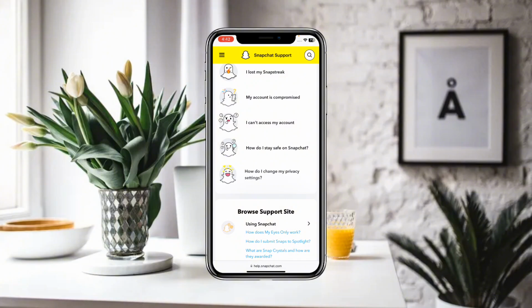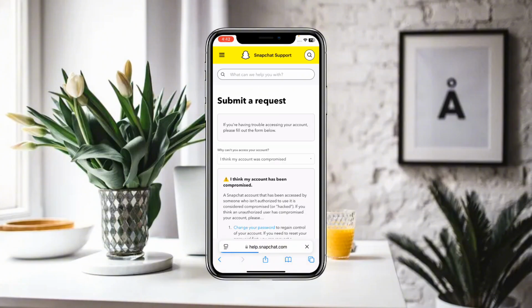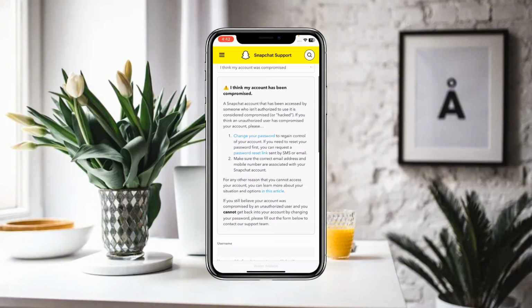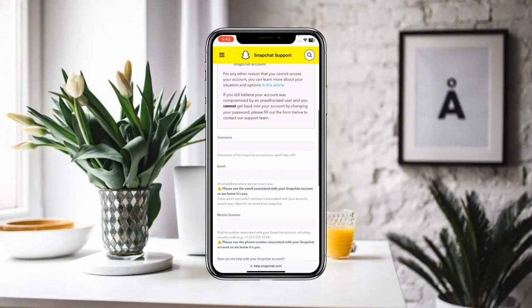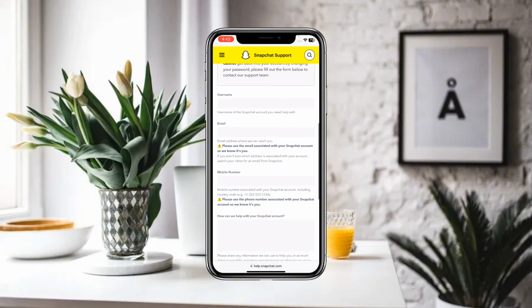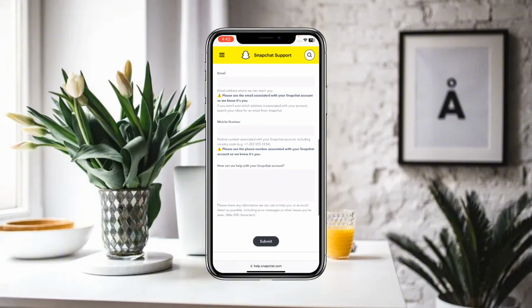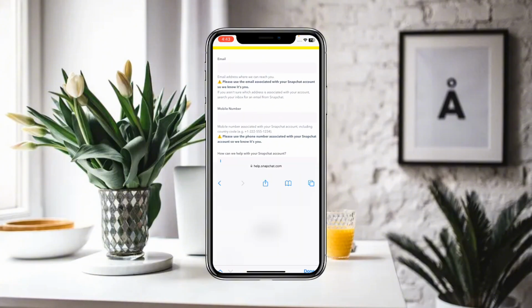Here you can simply search for your problem. Simply click on "my account is compromised," because here you will find a form that you can fill in to provide the details to the Snapchat team that your account has been locked. Here you have to provide your username, your email, and after that your mobile number, and after that you have to provide